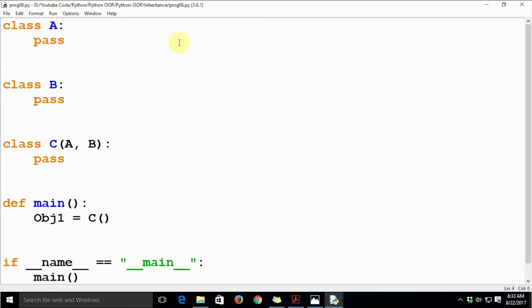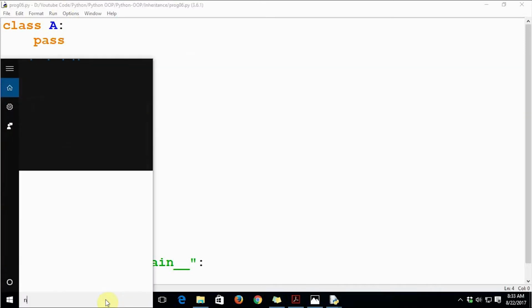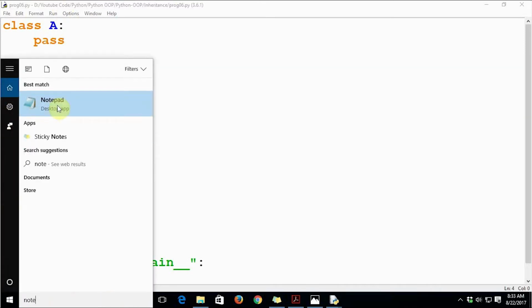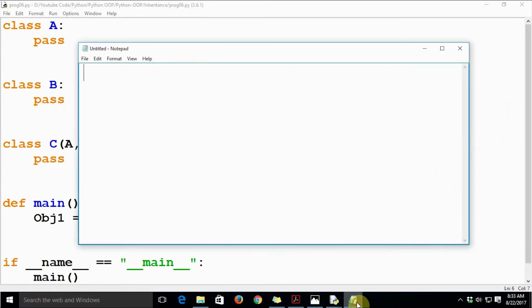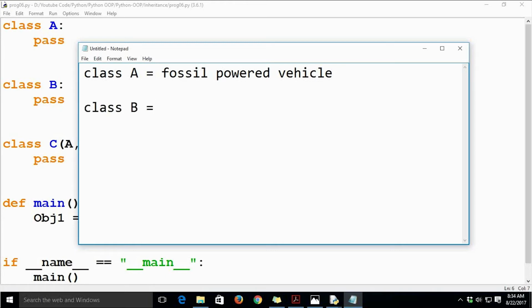Okay, so here the class A and class B could be replaced with real life examples, right? So if you want to see some real life examples of multiple inheritance, then we can say, suppose class A could be a fossil powered vehicle. Okay, and then class B could be a four-wheeled vehicle.